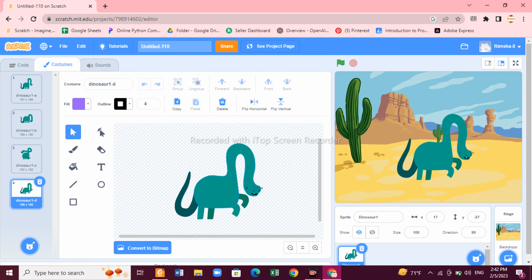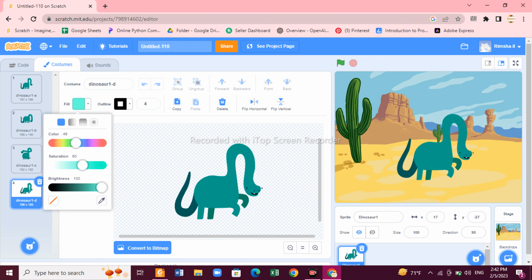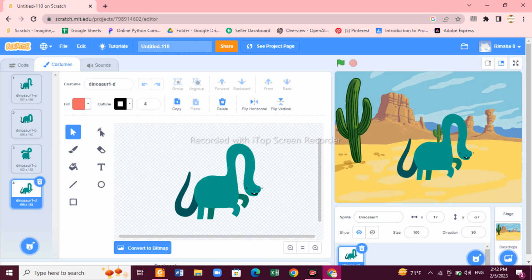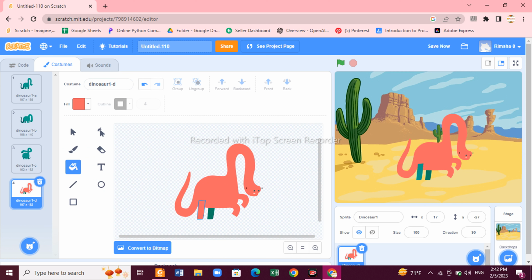Moreover, you can also change the color of your dinosaur. If you don't like this color, you can change it. Just click on fill and now you can set the color. You can set the brightness of your color, like let's make it a peach color. So just select this and then choose this fill with color bucket and just fill your dinosaur. So here fill all the parts, put your cursor here and then just click it, and now your dinosaur color